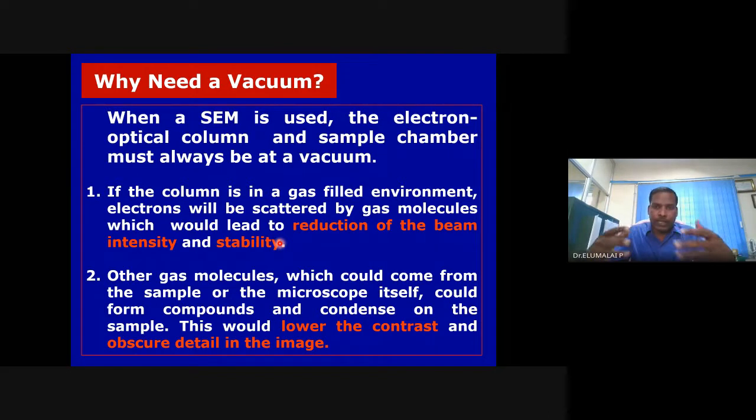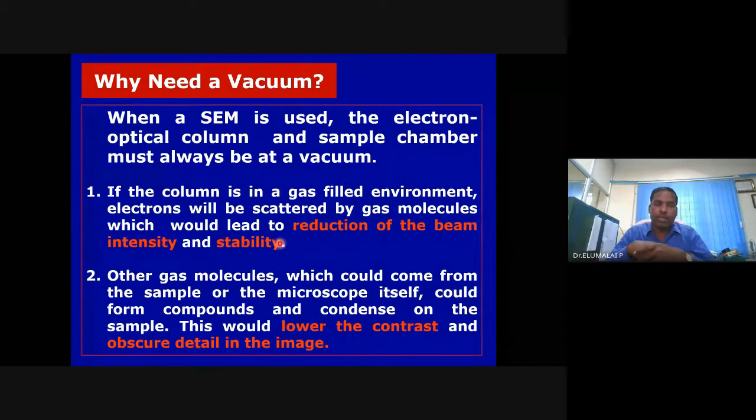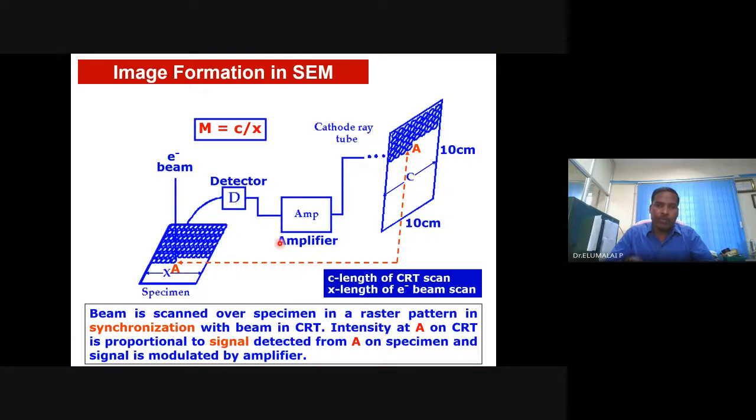To start functioning of this electron microscope itself, you will have to start 1 hour before or sometimes more. Then only you can start using them. It takes that much time to create high vacuum, free from moisture, free from gas, argon or any other thing. It will ionize. Instead of scattering or backscattering or secondary electron scattering, it will ionize. Efficiency of the electron beam will be reduced.